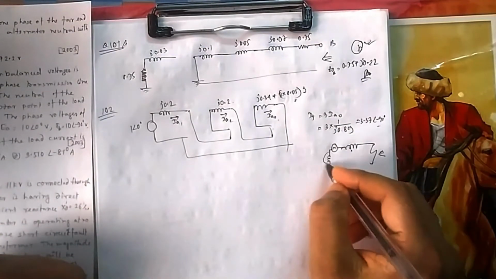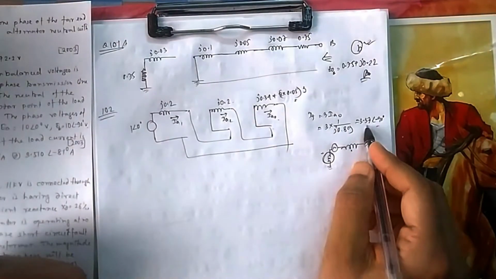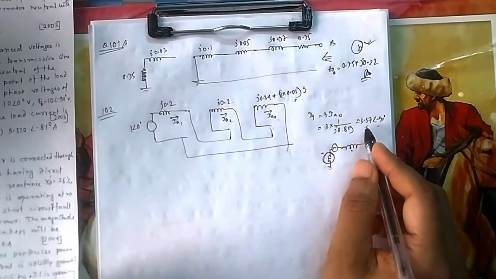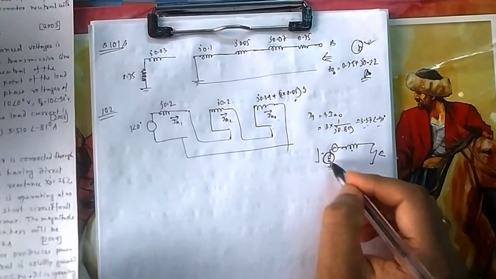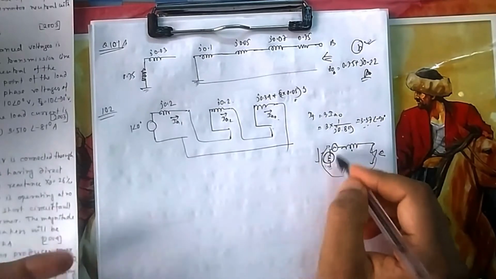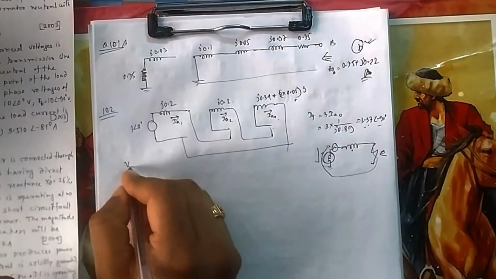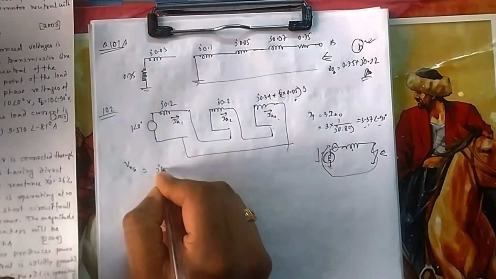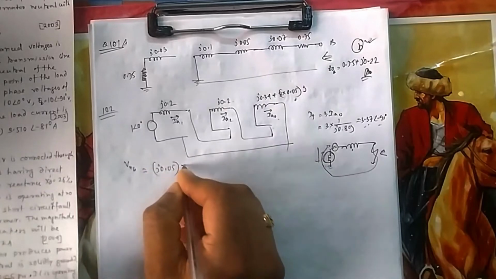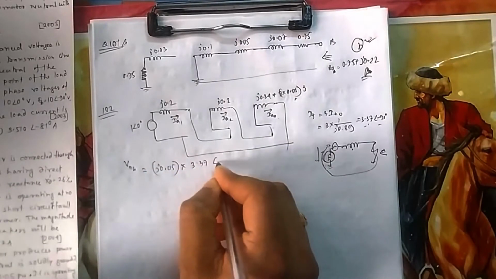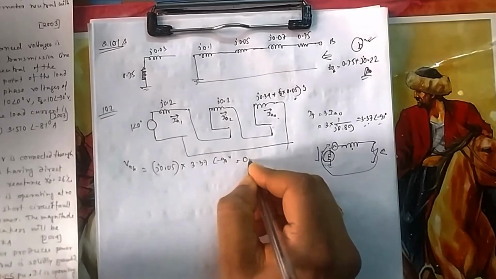They are asking what will be the voltage here. So phase current will be that, it is the extra unbalanced current that will flow through the ground, and this fault current will pass through this ground. So voltage will be this resistance into this. So your VNG will be equal to j 0.05, this one, multiplied by your 3.37 into 0.9, which will be 0.1685